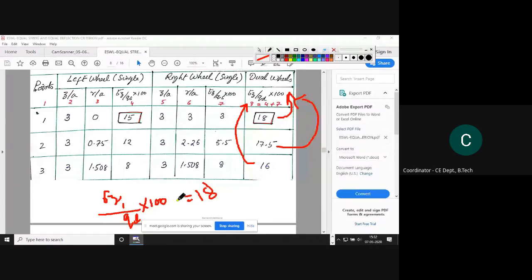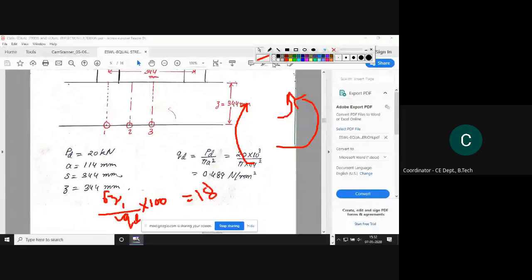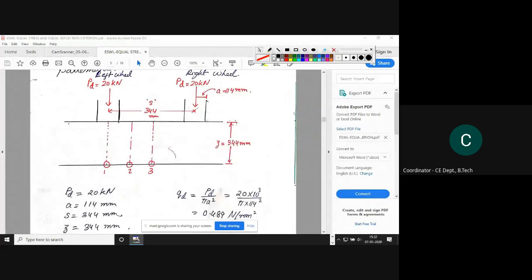Okay, so we know QD. We have already calculated the QD value in the first place only. So we know the value of QD. Just put it here. We will get the value of sigma z1. Now QD is what? As I showed in the first case only. See here how to calculate QD. QD is this stress, the tire pressure that will be developed on the wheel. This is your QD. So this is pressure, this is load, you know the radius. So for using these equations here, QD is equal to load per unit area. Stress is equal to load per unit area. So QD, that means PD by pi A square.